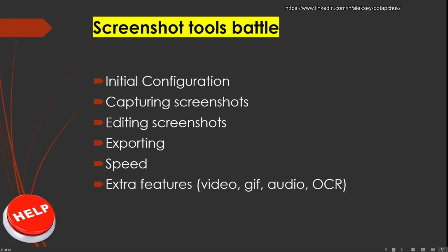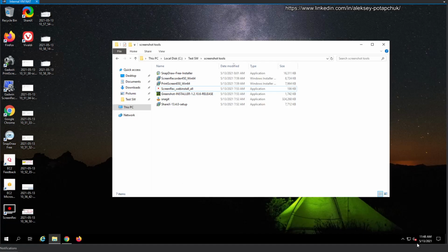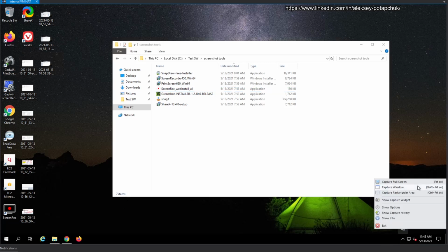How fast the tool is if you need to click it multiple times or something. And if there are extra features that enhance the tool and allow you to use it for more tasks, that's an extra feature that would put it in good footing with the current tool that I'm using. So definitely worth a try. So we already opened the tool, and we have it here, and it lists that capture full screen or capture window. It's shift print screen, capture rectangular area, control print screen. Okay, so but first we are going to